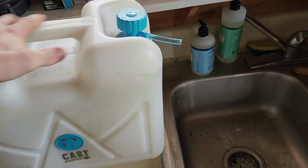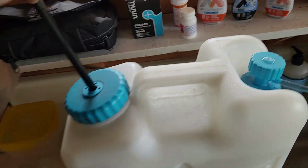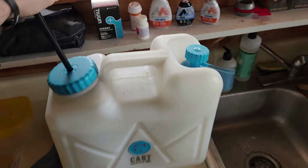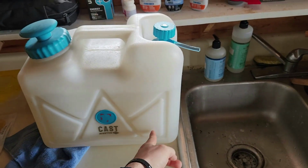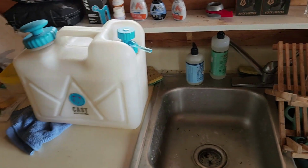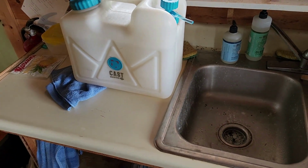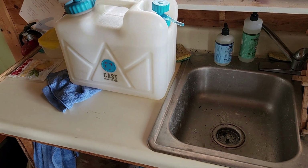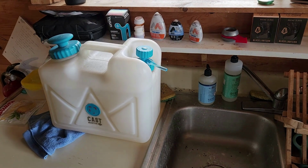For water source, I use these filtered, pressurized jugs. It's just got a hand pump on it. I really like these because then I have water pressure. I can wash dishes. I can drink from that. This has an inline filter that's rated for pretty much anything as far as the filtration, and being able to just take rainwater, pond water, anything along those lines